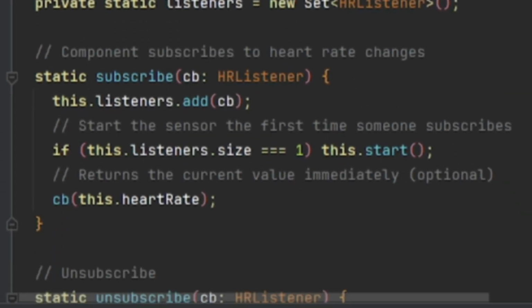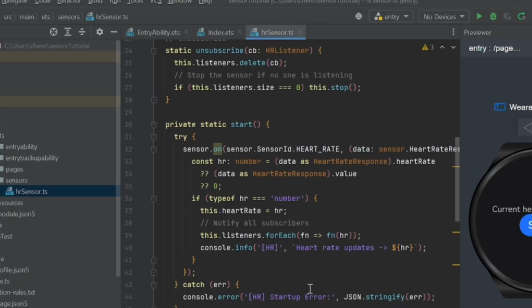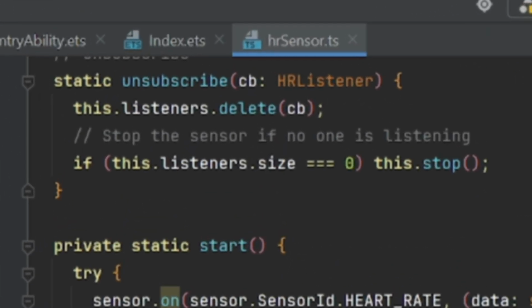Subscribe method adds the callback to the set. If it's the first subscriber, we call start to begin listening to the sensor. We then invoke the callback immediately with the current value, so the user interface shows data right away. Unsubscribe method removes the listener. When there are no subscribers left, we call stop to turn off the sensor, saving battery and avoiding unnecessary background